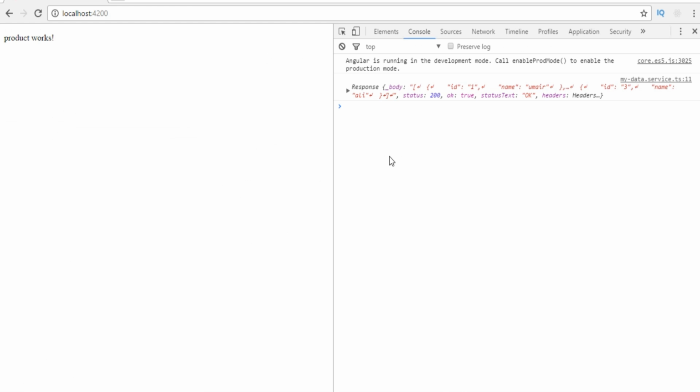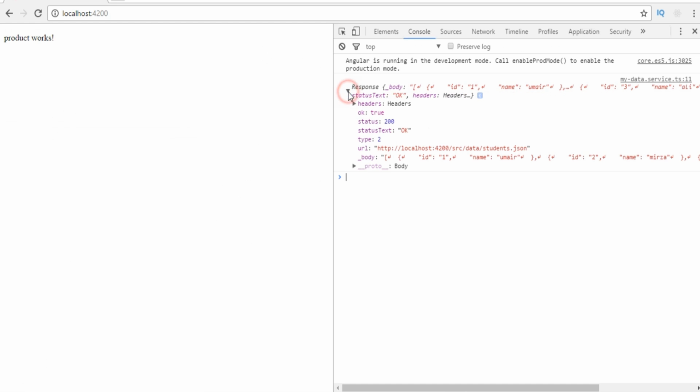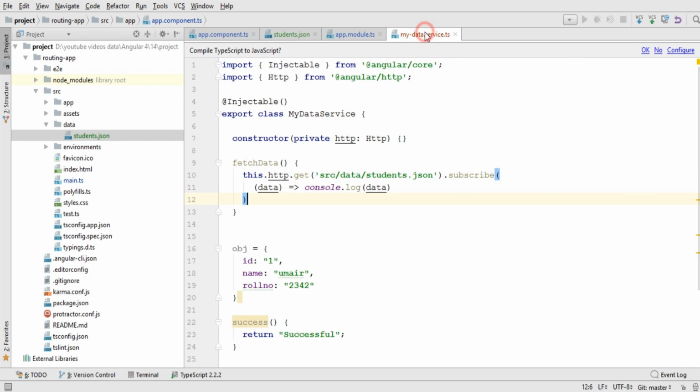and let's go back to our browser. And as I saved this file, it reloaded all the project, and we can see that we have got the response in this format, but we want to fetch the data in our JSON format, so that if we want to print that data in a specific view, if we want to apply ngRepeat, we can do it. So in order to fetch the data in the JSON format, we want to do one more thing in our service. So before subscribe I can write dot map,